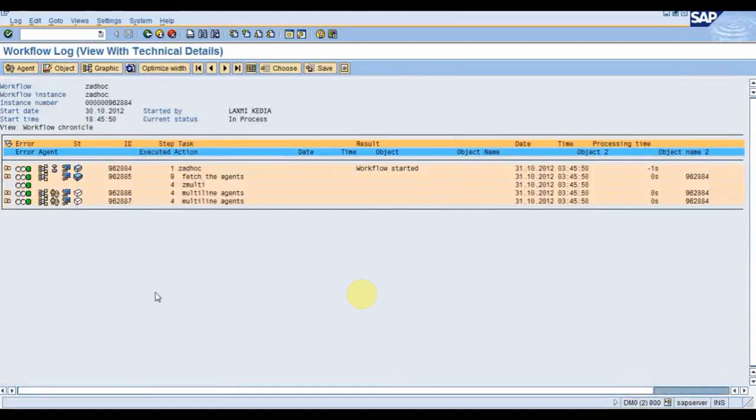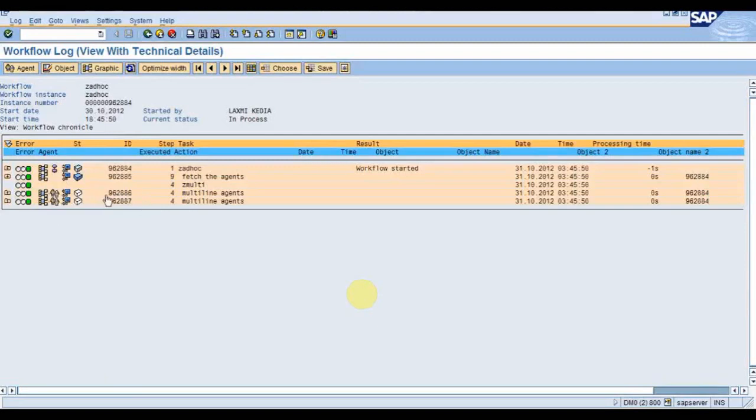But previously what we were doing, only one instance was created, and in agents we had multiple agents, meaning the agents were receiving the same instance. This is the instance, this 962886, this is called the work item instance. Okay, it has come out of that task. So this instance was the same for all the users, but here you can see instances are different. Here 886 and 887. So two instances are created for two users.